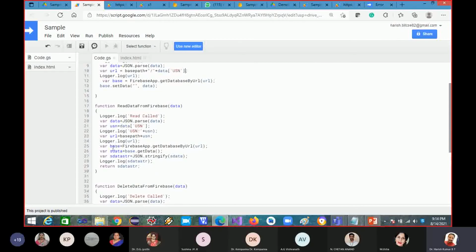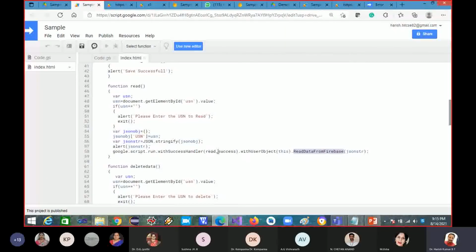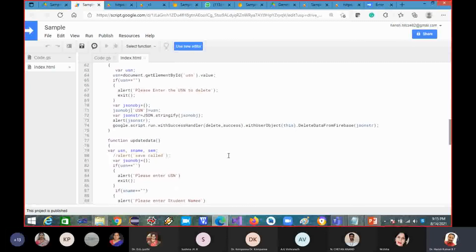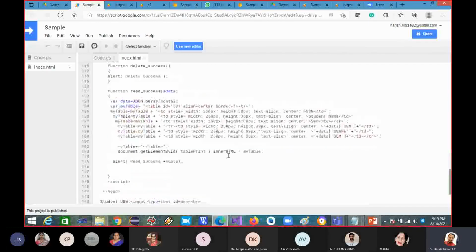So get the data, the data which we read from the Firebase, it is again in the JSON object format. To send it to the front end, because I need to display at the front end, I'm converting that back to the string format. And after converting it into the string and before returning, I'm just displaying logger.log just to confirm myself whether the data is successfully converted into the string format, and then return. When this returns, this is the function read success. Read success gets called. So what I'm doing inside the read success,